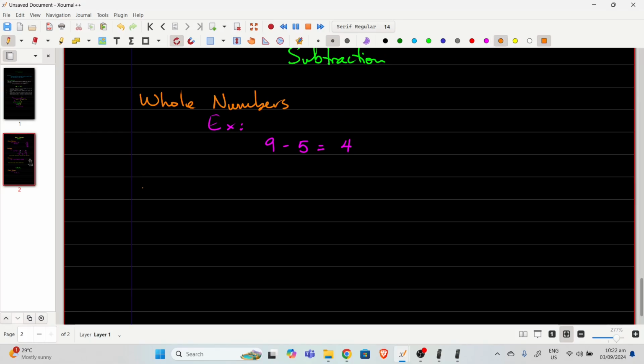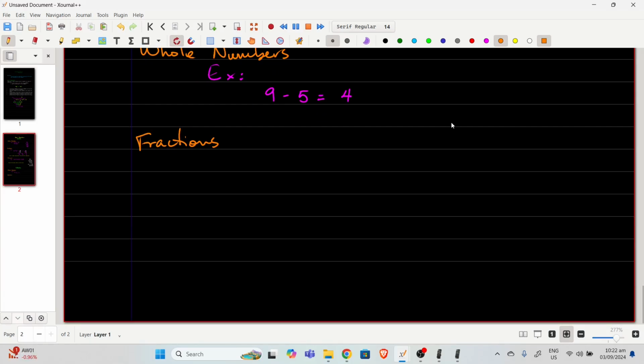Then we have fractions. Now, fractions is just the same thing that we did previously for the addition. It's just that we're doing a removal instead of an addition. So let's say, for example, we have something like 3 over 4 minus 1 over 2. Now, the LCM of 4 and 2 is 4. So I don't need to multiply this, so I can write this back as it is. Put back the operation,